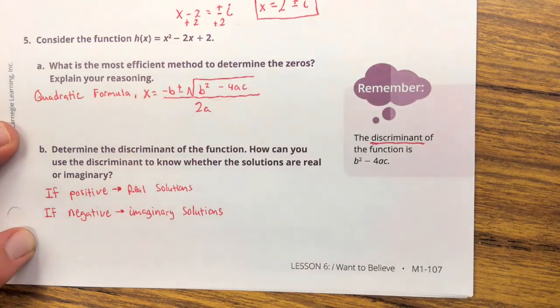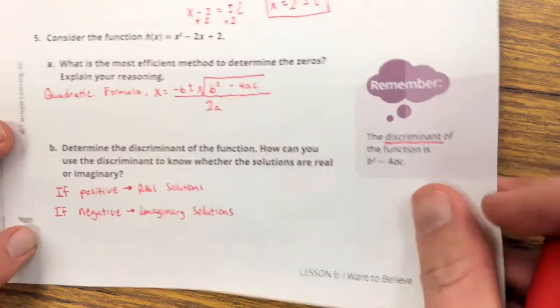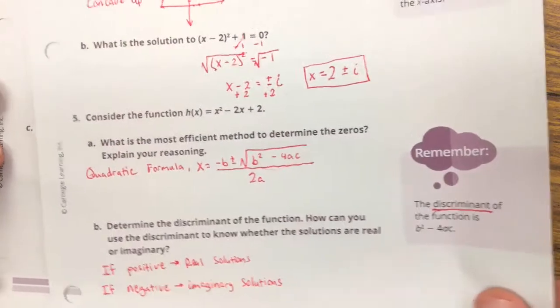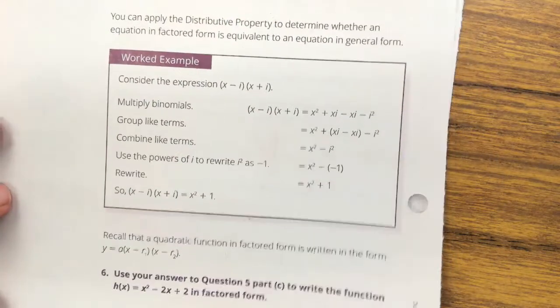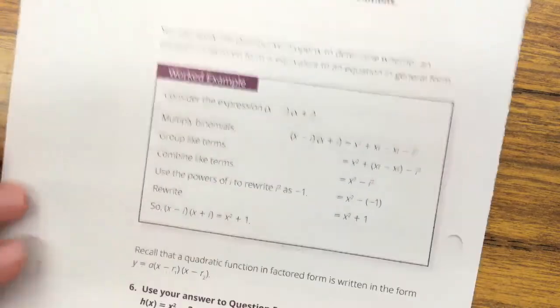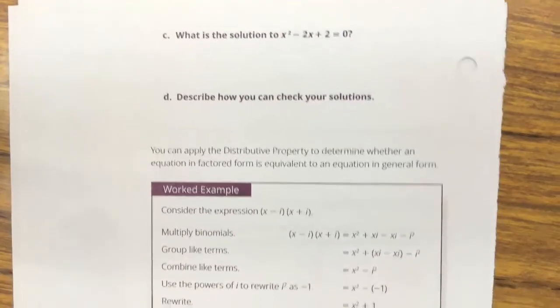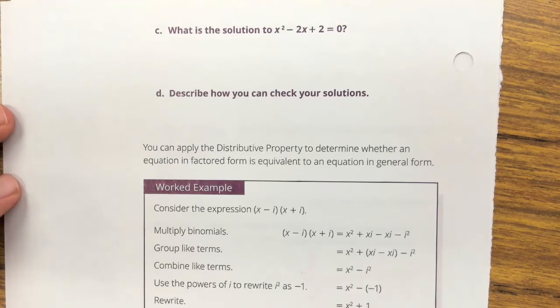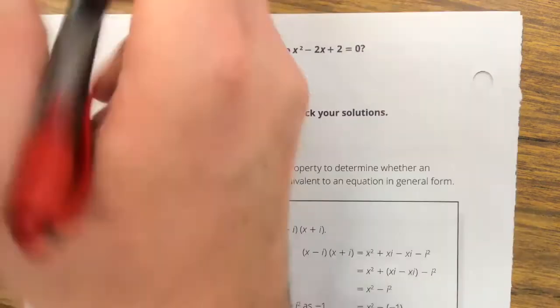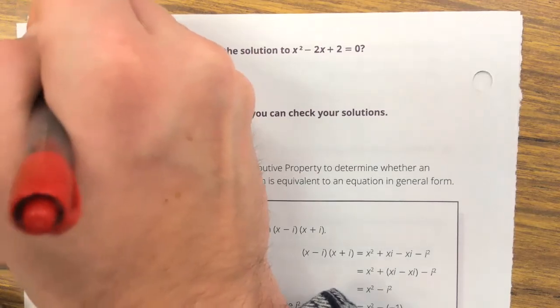All right, fantastic. Maybe we try this on the next page. Flip it over here. So question 5C: what is the solution to x² − 2x + 2 = 0? Well, like I said, we are going to use the quadratic formula to do this. So I'll try to start working on it over here. x equals